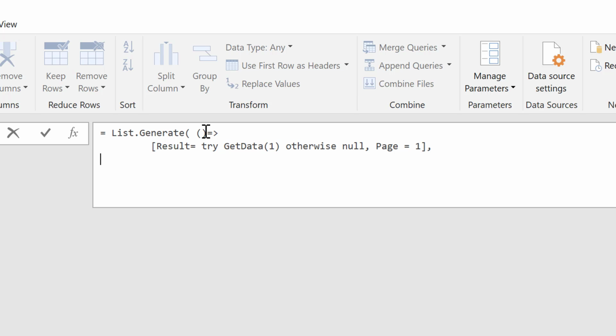The next parameter, or the next step of my function, is to tell Power Query when it's going to be creating new values for this list. So for the rest of the rows, from row 2 to the final row of this list, under what condition should we create those new rows? Here I'm going to say that in order to create new rows, I need to satisfy a condition. This condition is that the result cannot be